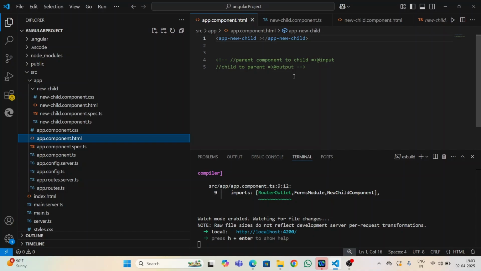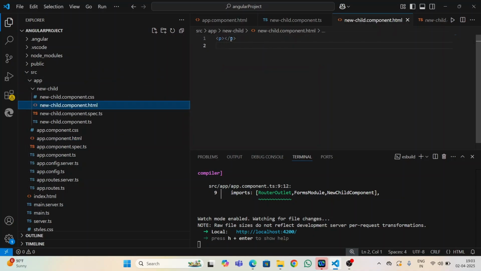So now let's check how to pass the data from child component to parent component. For that, firstly we write one button, click me. I am using a click event, child to parent. I am taking one method. By using this method,